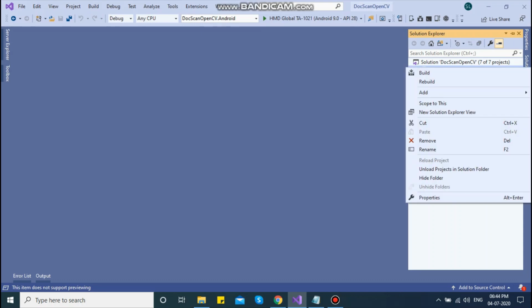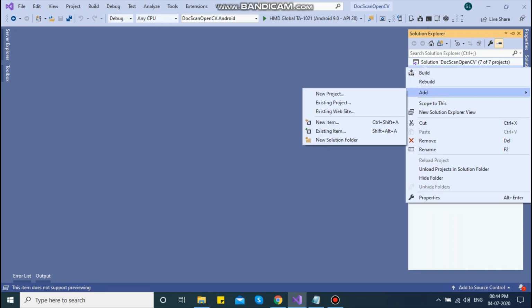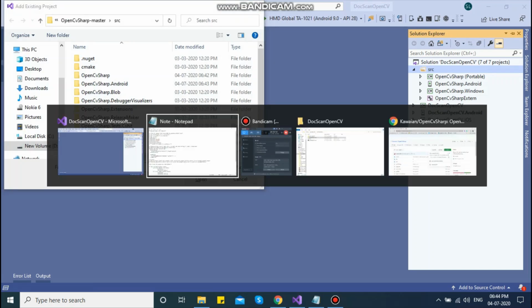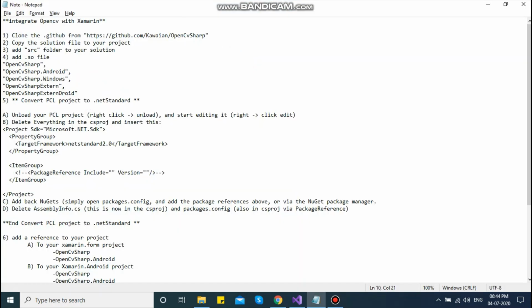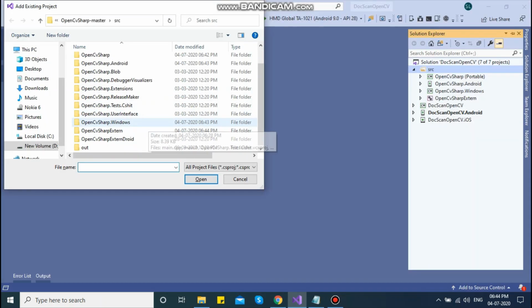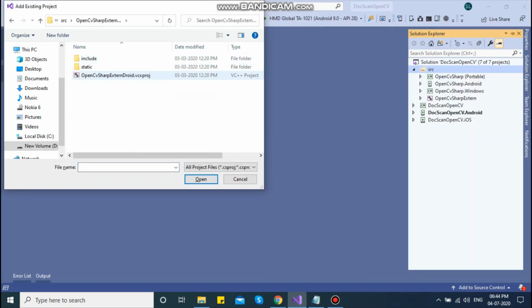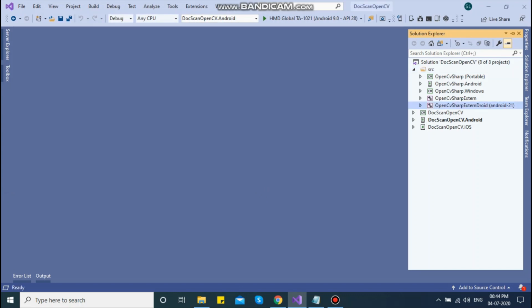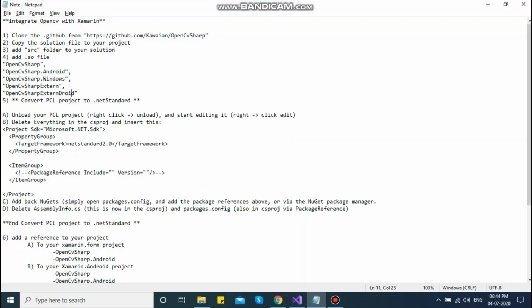Later on we will convert it. Now the fifth one you need to add is OpenCV Sharp extend Droid. So you will go here and select this. As you see, all the 5 SO files I have mentioned here have been added.